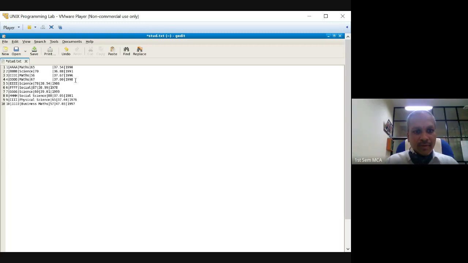Probably you can copy this data quickly, which has two additional fields. The fifth field is a temperature, and the sixth field is a year of birth. Once you're done, we can go back to the discussion on the functions.